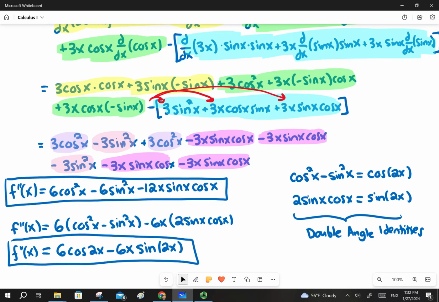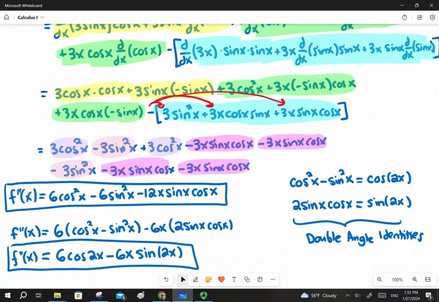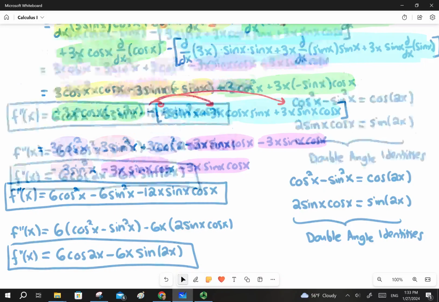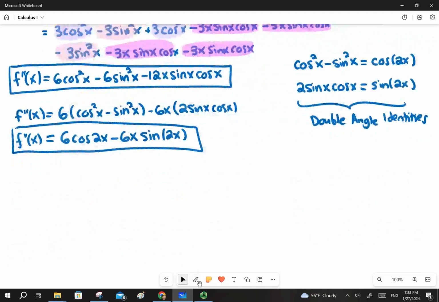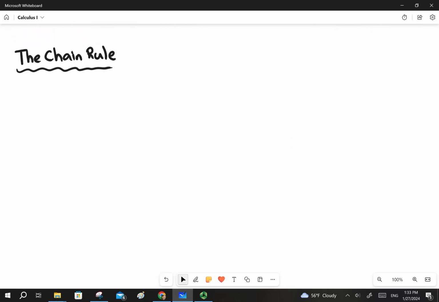Okay, so all of that, a lot of steps, right? All of that is how you could find the second derivative of this product of 3 functions without having to use anything that we haven't learned yet. But to give you a preview of what we'll be doing soon, there is another rule for derivatives called the chain rule. And I'm not going to go into full detail of what it is and how it works in this video,